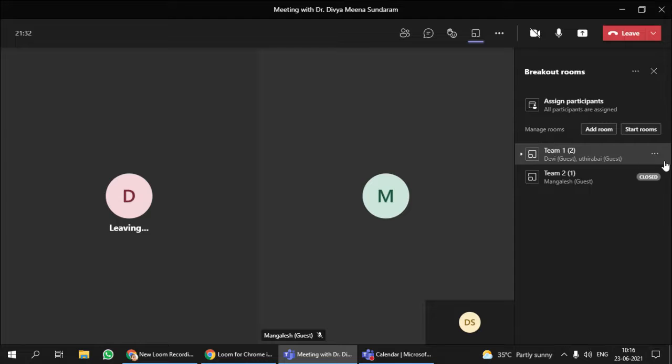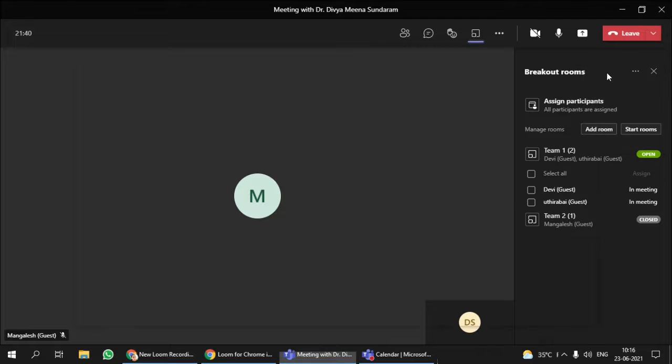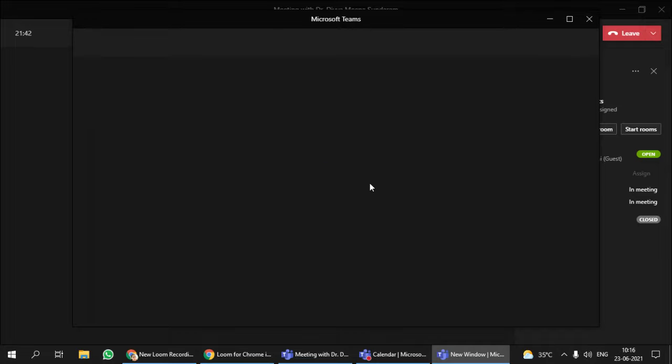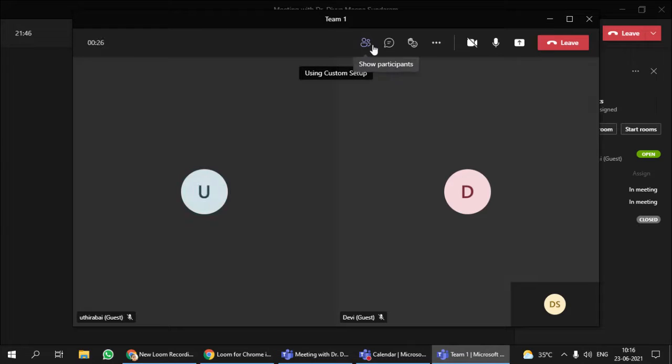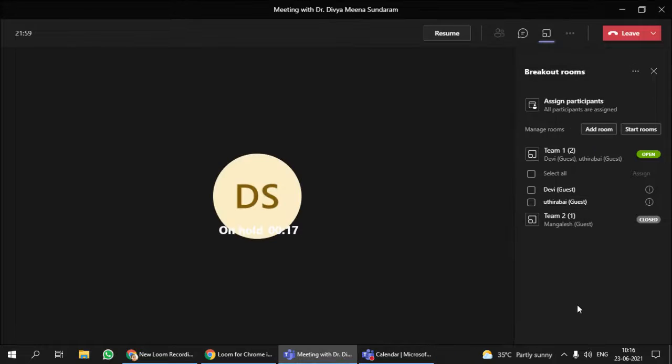Now this team is open, so the members of team 1 will be in a separate room, and you have an option to join that particular room. You click on that, and now this is the room where team 1 participants are. You see here, Devi and one other participant are in team 1, and I've just visited their team. Fine, I can leave this particular room and I can go and visit some other rooms as well.